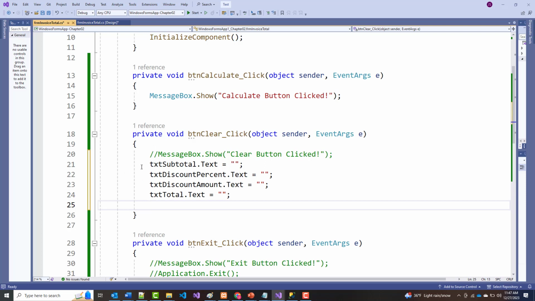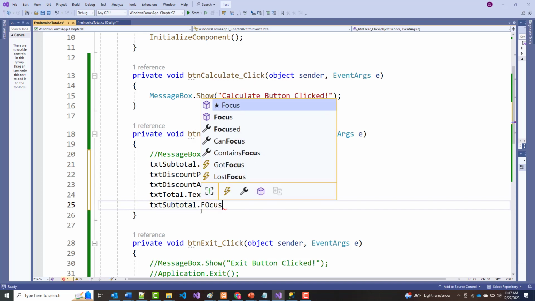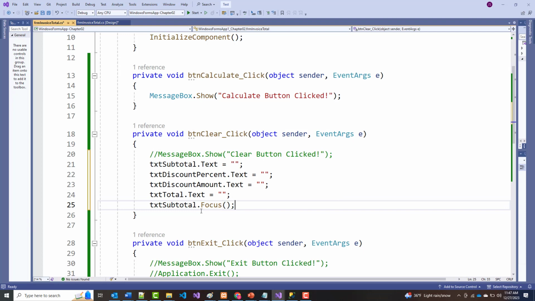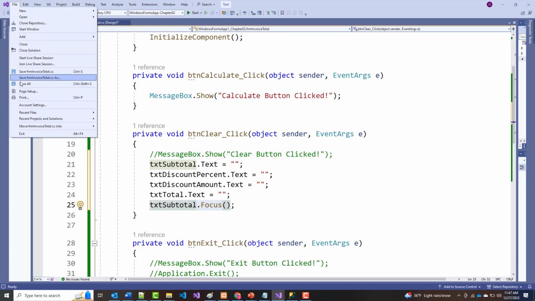Finally, I want my cursor to go by this field right here. And now I have to say dot focus, like that. So that's saying clear out whatever was in this one, clear out whatever was in this one, clear out whatever was in this one, clear out whatever was in this one, and finally put my focus back there. Now, when I test this,